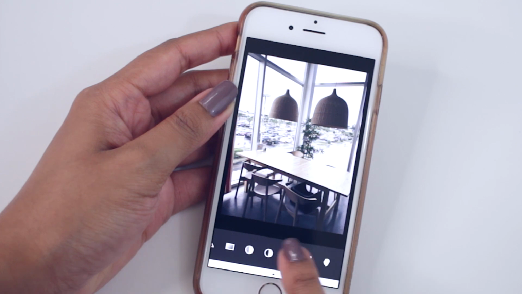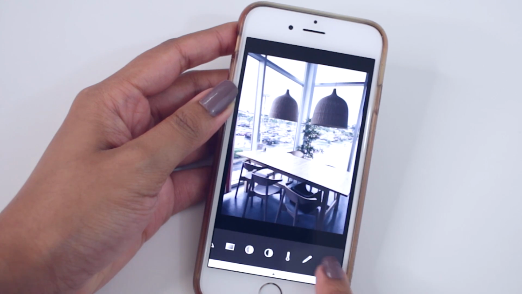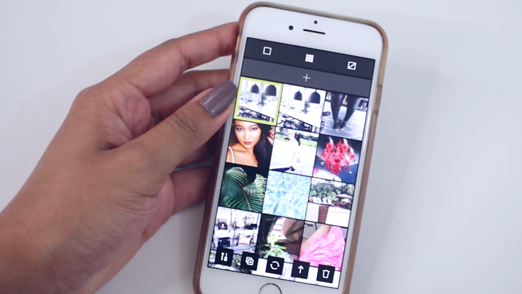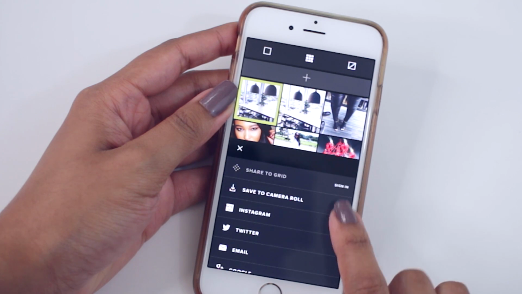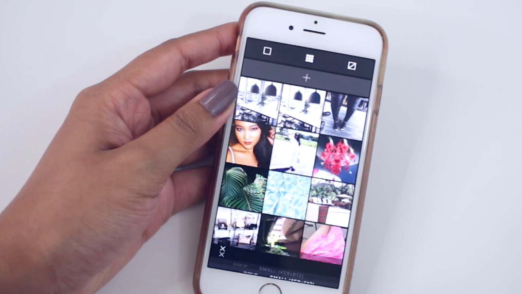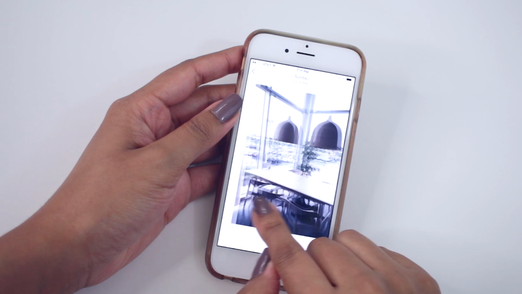Sometimes my photos are kind of washed out, and I really like the look and the feel. It makes my feed look very nice. And of course, the temperature, I bring it down so that I bring more blues into it, and then I'll just save it. So there's the before and there's the after. It just gives it a little oomph.